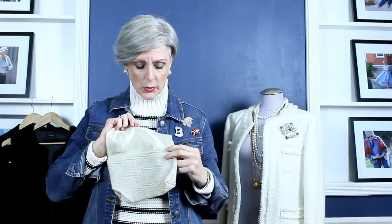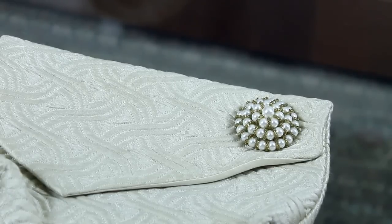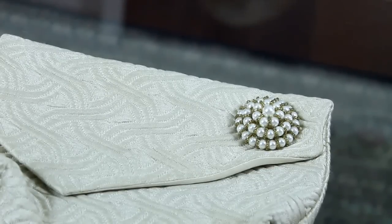If you want to jazz up an evening clutch, a fun way to do it is with a brooch. This is one that I made. Can you believe that? I used to sew quite a bit. It's silk on the inside and it's quilted on the outside. It matched a dress years and years ago. But I always just pop a little brooch on top, and it gives it a little bit of